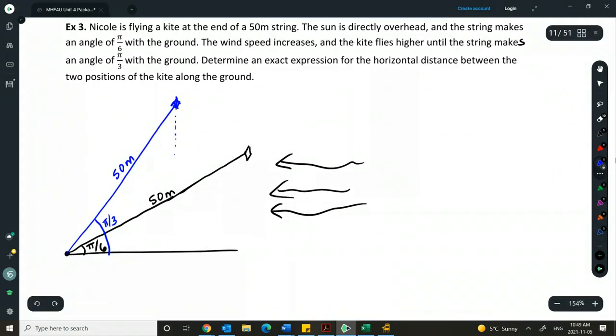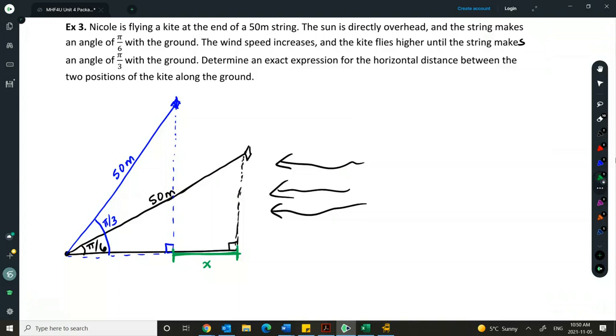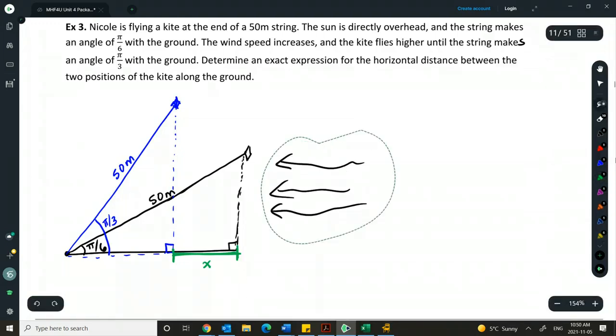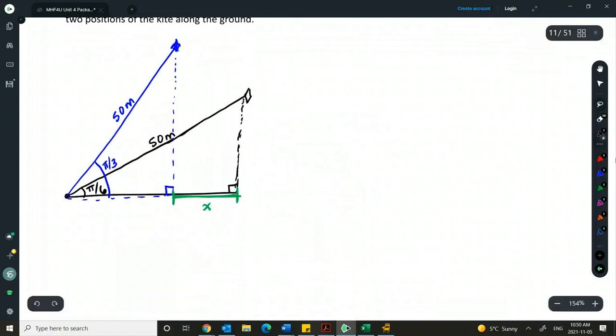If I were to create sort of like a right angle triangle out of these lines here, I have one right angle triangle here, and I have another right angle triangle right here, right? I'm interested in the distance along the ground, the horizontal distance between this position of the kite and this position of the kite. This is the goal. We're going to call that x. In order to find x, I'm going to use the black triangle. I'm going to find this length. We'll call that y for right now. And I'm going to use the blue triangle, and I'm going to find this length. If I find those two lengths,